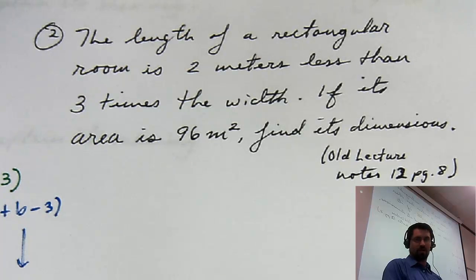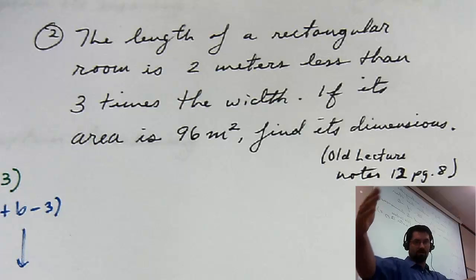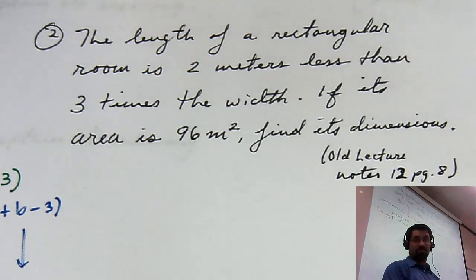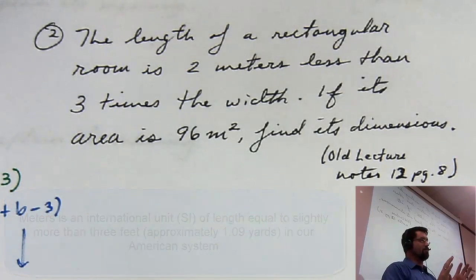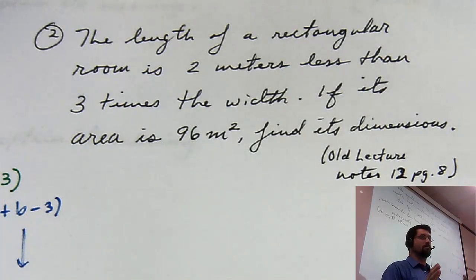The length of a rectangular room, so a room much like this one, is 2 meters less than 3 times the width. Great, it's meters. So we're not in America anymore. We're somewhere else. So this room might be in Japan. Who knows? If its area is 96 square meters,